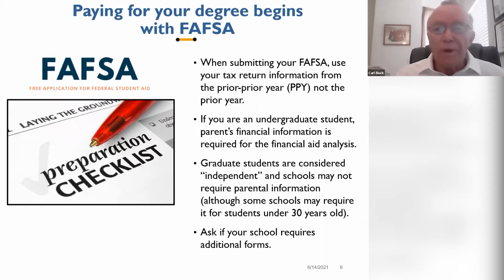And also back to the undergraduate world, make sure that you have all of the application information that you need. It may not just be the free application for federal student aid. About 300 colleges around the country require the College Board's College Scholarship Service profile. That's a supplemental form. So the point here, as you say in our last bullet, is to ask if your school requires any additional supplemental information, and they just might. Moving forward,